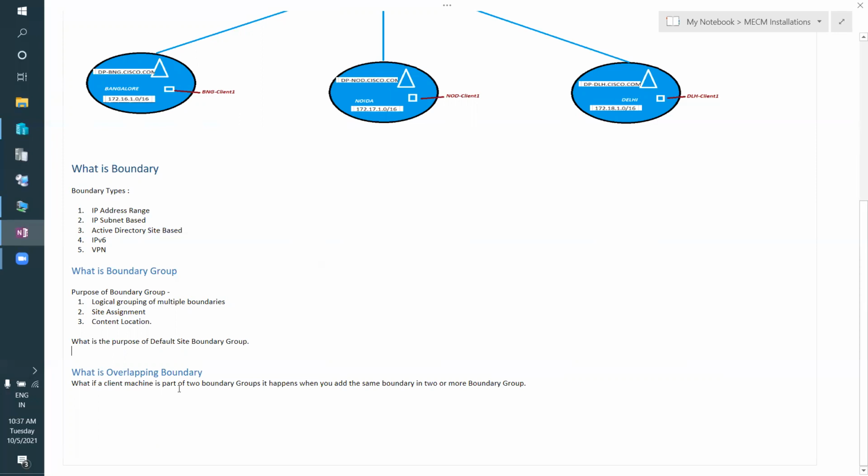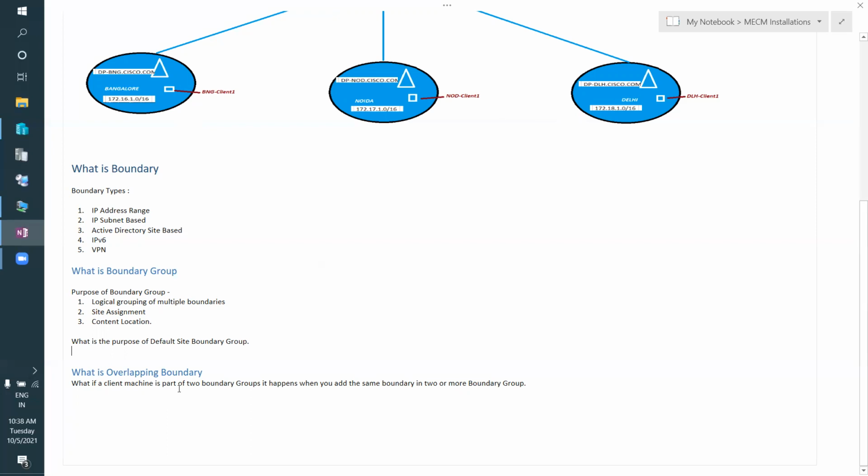So in the overlapping case, your CM will provide all the information to the client machine, like the site system server and site code information that are available for you. Now the client machine will have the list of site system servers, and it will choose one randomly.